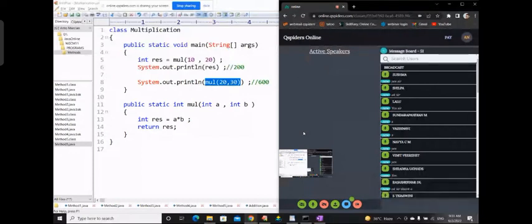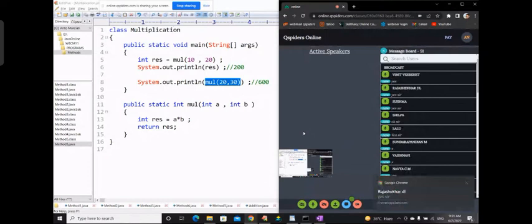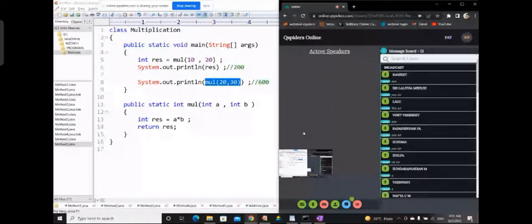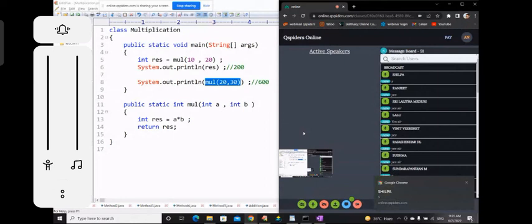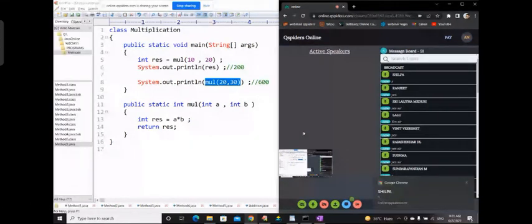We started with many things: the basics of Java, tokens, variables, data types, and then decision statements, operators, loops, and then methods. Whatever we have discussed till now is nothing but part 1. Understood clearly, guys? So next we are going